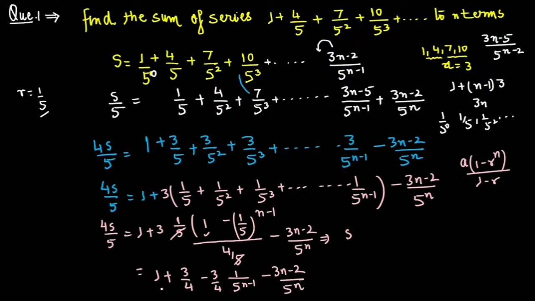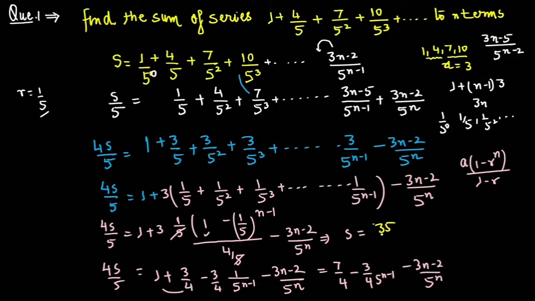So s becomes, this becomes 7 by 4. Let me write first, this 4s by 5, and this becomes 7 by 4, minus 3 by 4, 5 power n minus 1, minus (3n minus 2) divided by 5 power n. So s will become